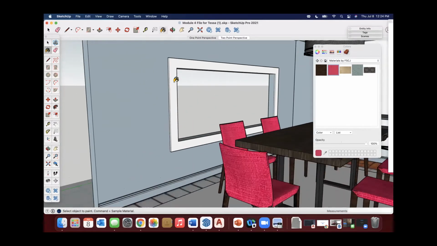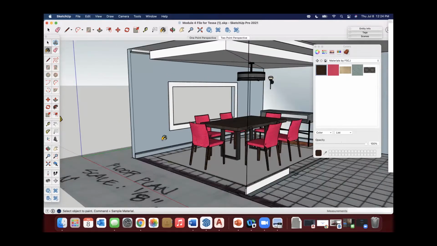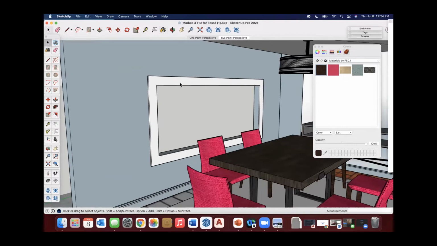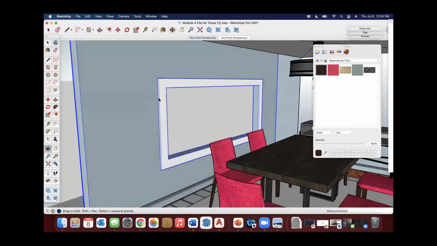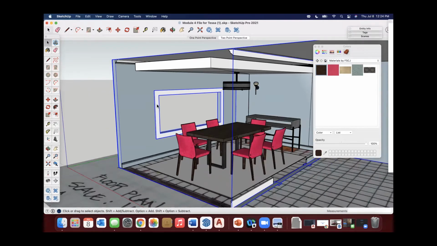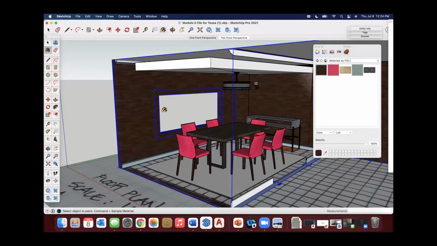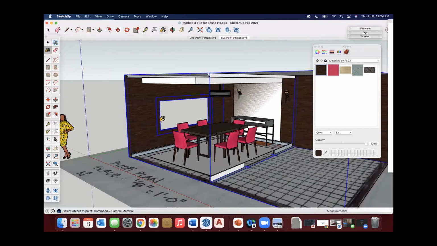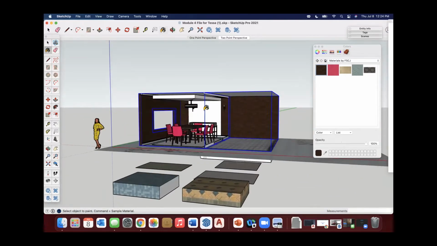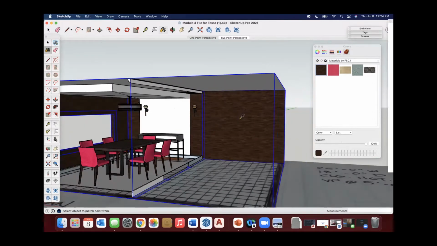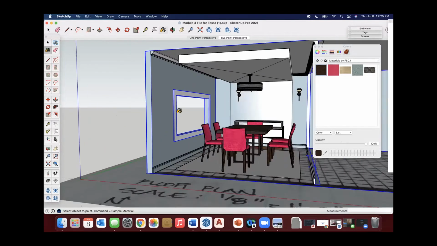Now, when we're doing casing like this around the window, we want this dark finish. That's what we're going for. But I don't necessarily want to see all the wood planks from this material, because watch, if I apply this, first I always check one thing. When I click on this, we can see that this is grouped together. So again, don't just apply by clicking, because guess what? It applies it to the whole wall. Well, you don't want that. We don't want this to all look like wood texture. So I'm going to Control Z to undo that.